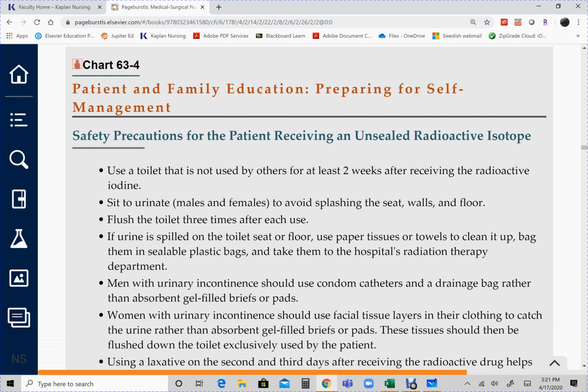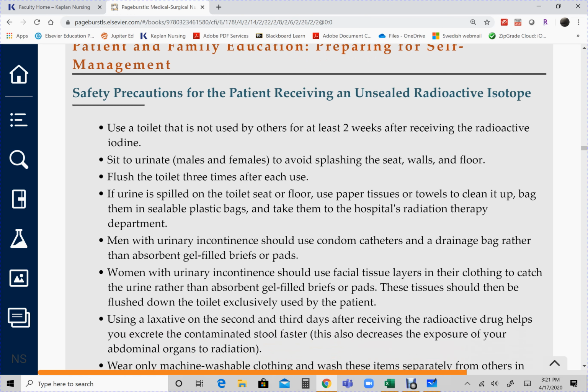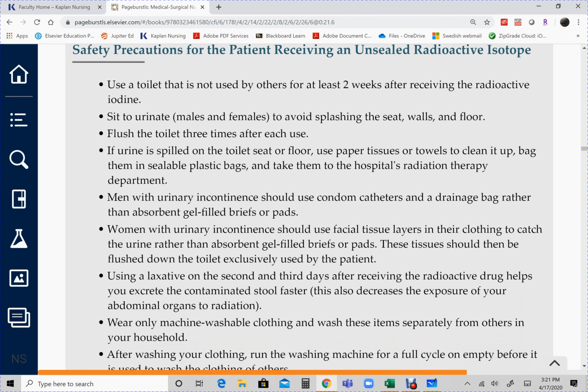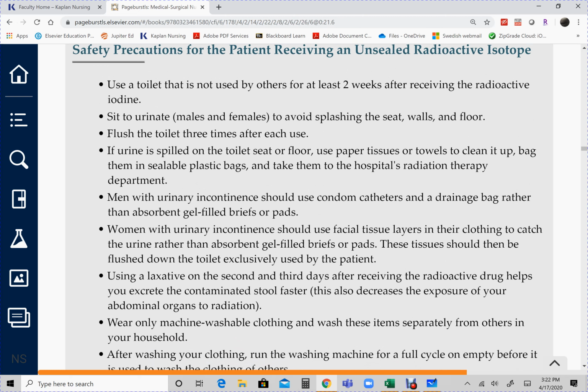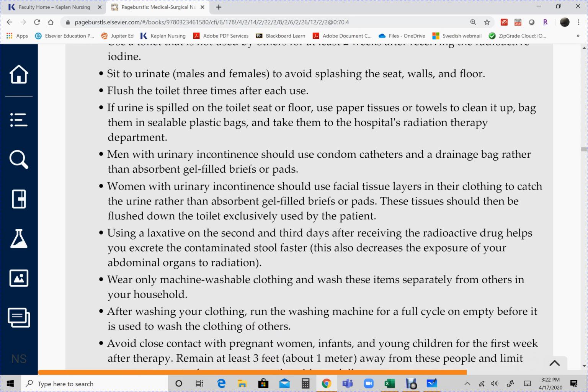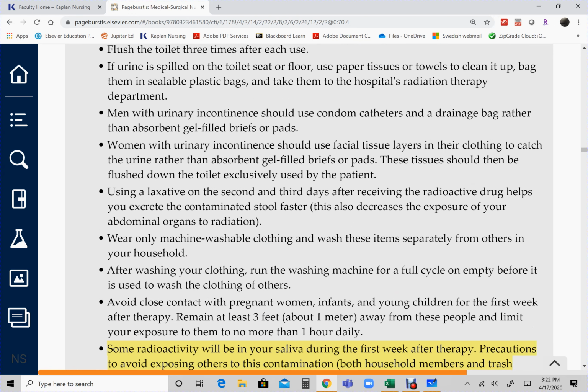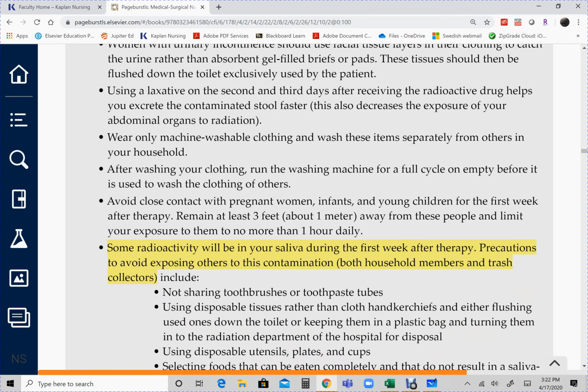This one is an example of unsealed radiation. So this is under hyperthyroidism, and hyperthyroidism is treated with an unsealed radioactive isotope. So this is either ingested by mouth or injected IV. So these are now your precautions, since the patient's body fluids are now radioactive. So that's why you have body fluid precautions now, specifically